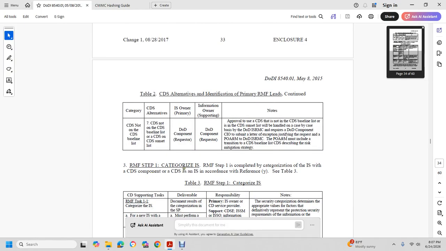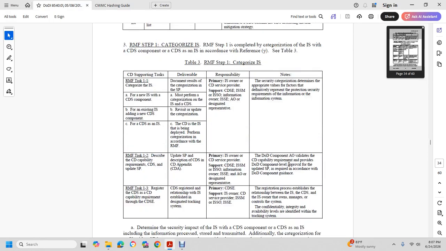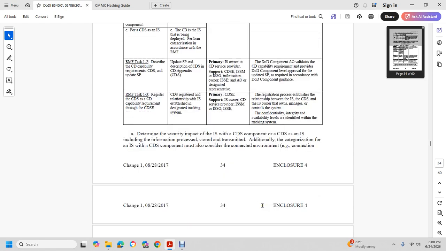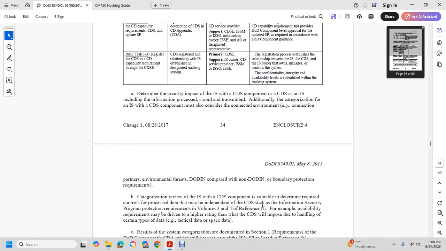Risk Management Framework Step 1: categorize the information system. Complete the characterization of the information system, cross-domain system, component, and cross-domain system IS, and enter the reference Y in Table 3. Determine the security impact of the cross-domain service component to the IS, including the information processed, stored, and transmitted. Additionally, when categorizing the information system and cross-domain services component, also consider the connected environment, connection partners, and environmental